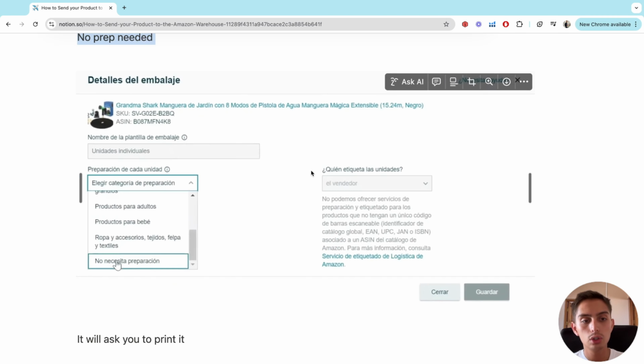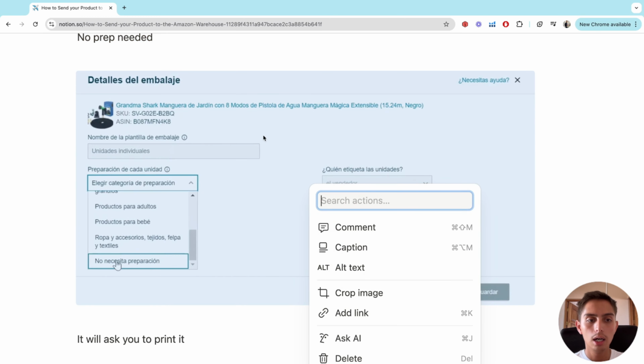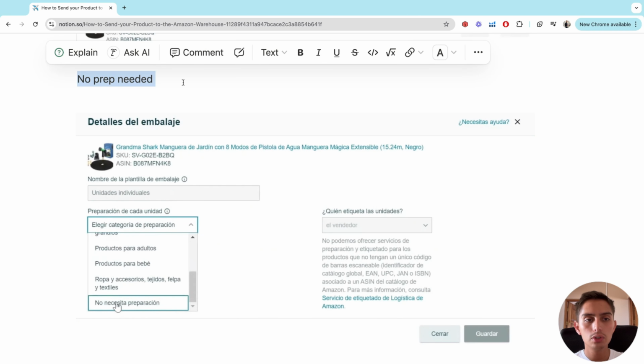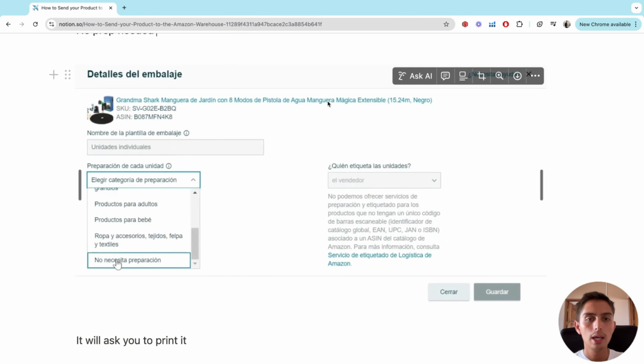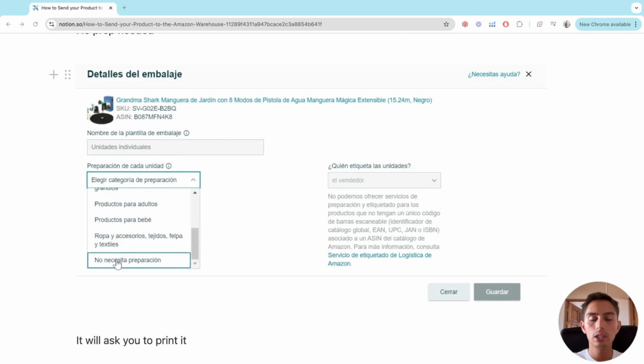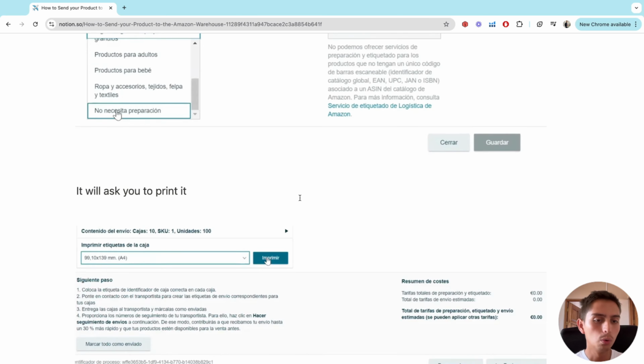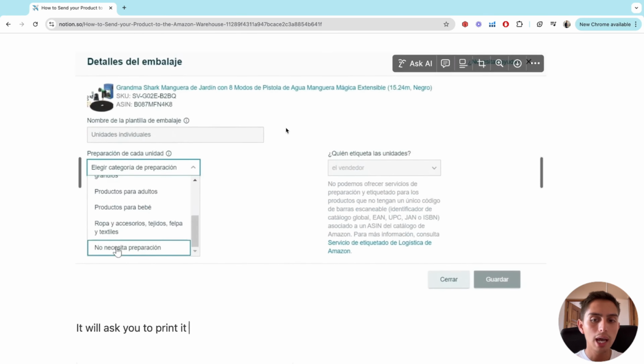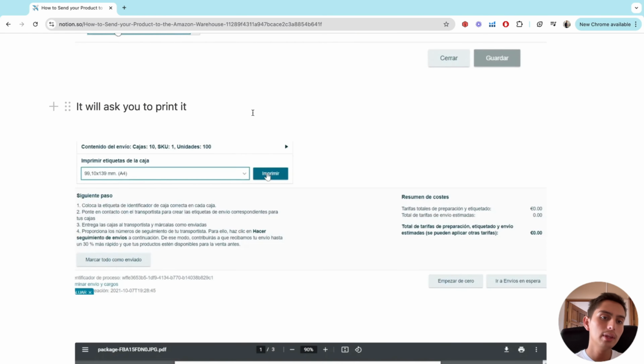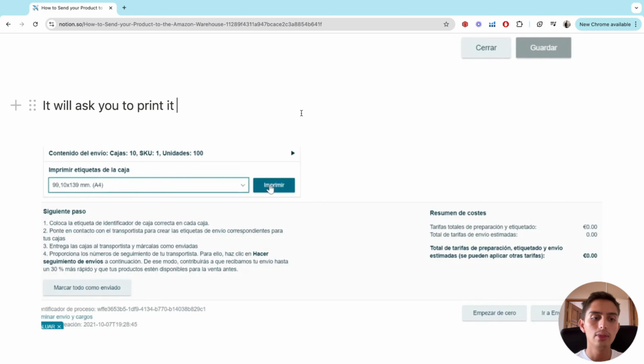And most products do not need preparation, okay? Because if you take a look at the other options, they say products for baby, clothes, computers, things like that do need preparation, because those are different kinds of products, okay? But in our case, we're not gonna need any of that, so you can just not worry about that. And then once you have that, you're gonna click save, and then it's gonna ask you to print